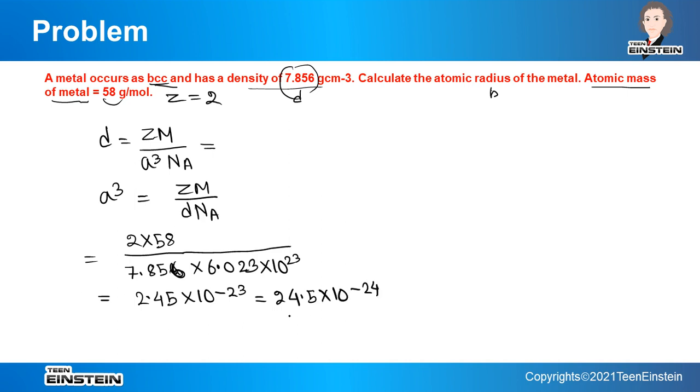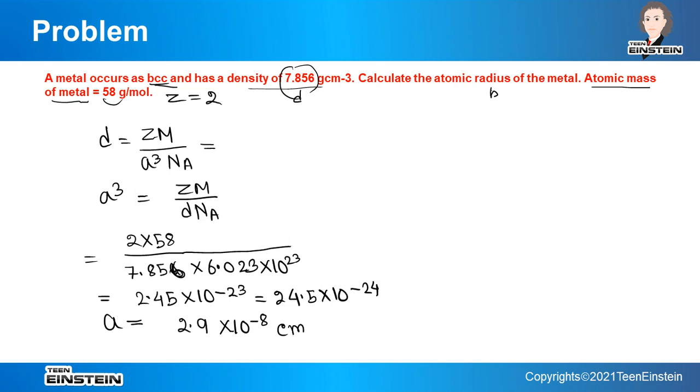So why have we done so? Because when we take the cube root, if we keep it in this form it will help us. The cube root of 10 to the power minus 24 will be 10 to the power minus 8, so the calculation becomes easy. So the value of a will be 2.9 multiplied by 10 to the power minus 8, and the unit of this edge length will be centimeter,